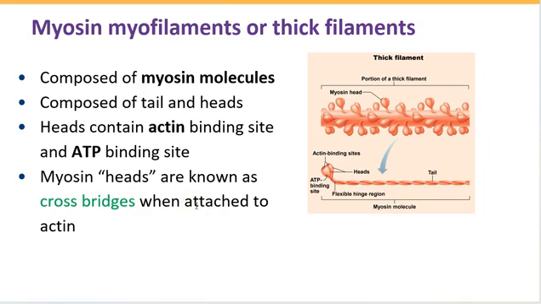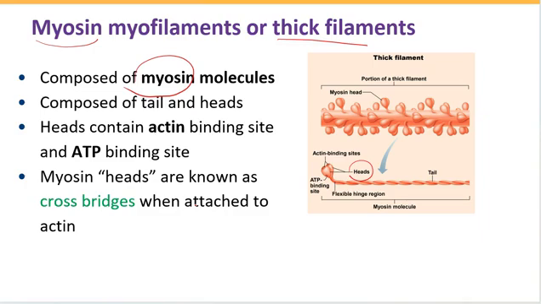Next, we look at the thick filaments. Thick filaments are mainly made up of myosin molecules. That's the reason we can call them myosin filament or thick filament. Myosin has heads, as you can see in this picture. It's showing a myosin molecule, and each myosin molecule has heads, which have two binding sites,